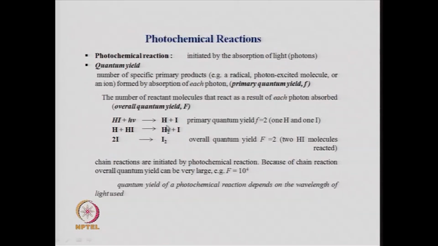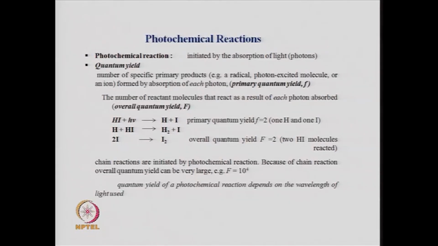Then this hydrogen iodide, which is the reactant in the overall process, then this H again reacts with hydrogen iodide to give you H2 plus I. So, overall in this process you use 2 HI's. Only one photon was used in this overall process, but 2 HI reacted. So, again the overall quantum yield capital F is 2, because 2 HI molecules reacted with the absorption of